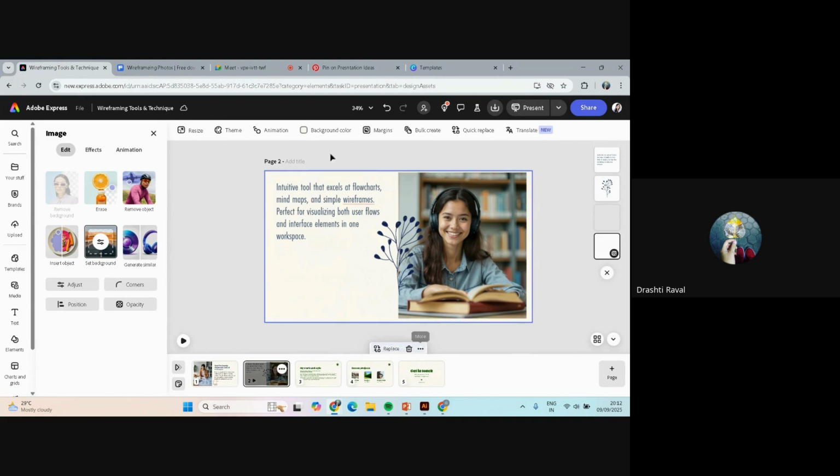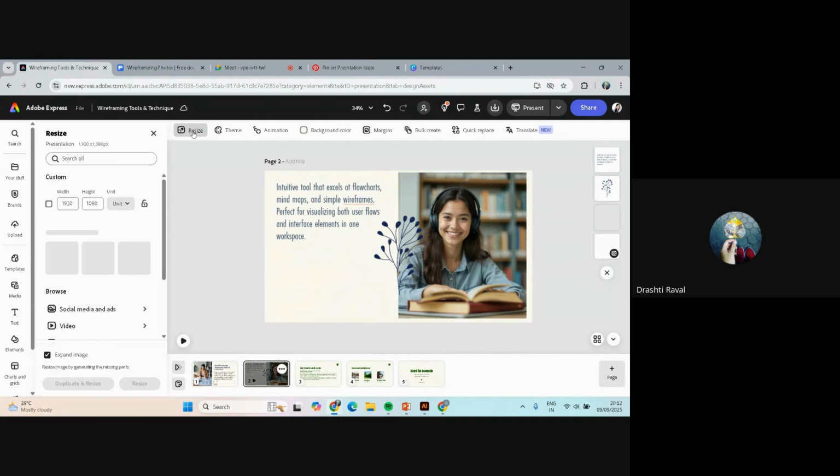This blue frame you are able to see is your canvas size. You can resize that size here. The size is provided in pixels, inches, centimeters, and millimeters. You can select it, and if you want to select a random size, you can see this is the flyer size,